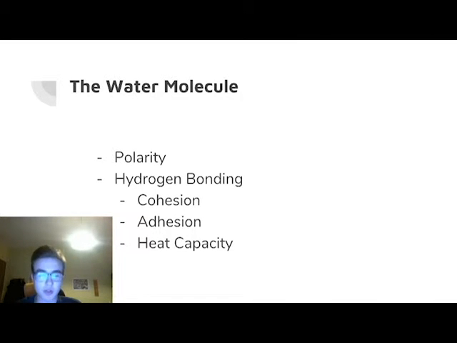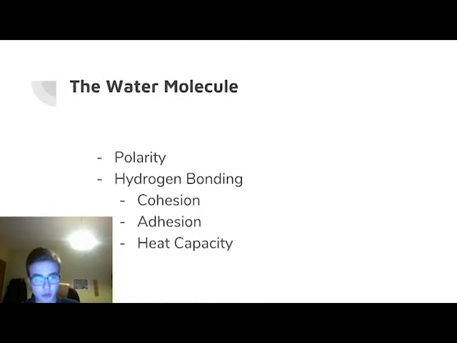Other important properties of the water molecule you should know are cohesion and adhesion. Cohesion is attraction between molecules of the same substance. Because a single water molecule may be involved in as many as 4 hydrogen bonds at the same time, water is extremely cohesive. Because of cohesion, surface tension occurs, which is the reason water doesn't go out of your glass, even if it may go over the edge.